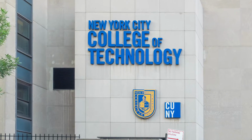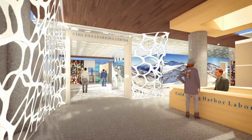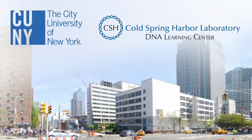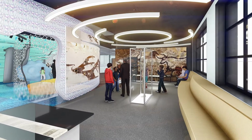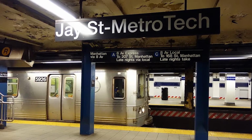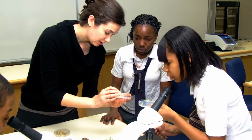Now, through a collaboration with the City University of New York, we are realizing our dream to become a permanent feature of this great city. In 2021, DNA Learning Center New York City will open at the CUNY City Tech campus. With 6 teaching labs and 2 bioinformatics labs, the new facility will be twice the size of the Cold Spring Harbor Center. The location in downtown Brooklyn is convenient to public transport and will serve a diverse international population of